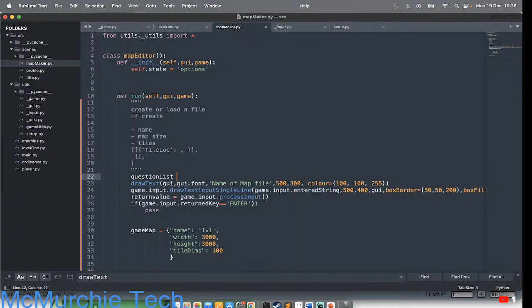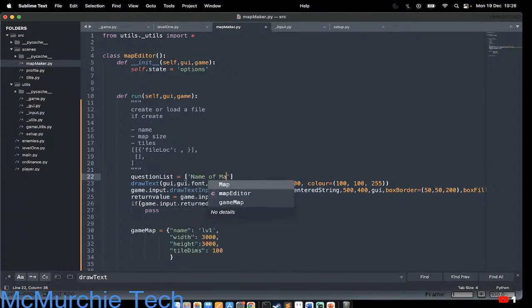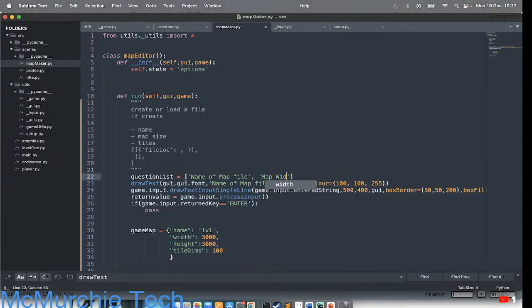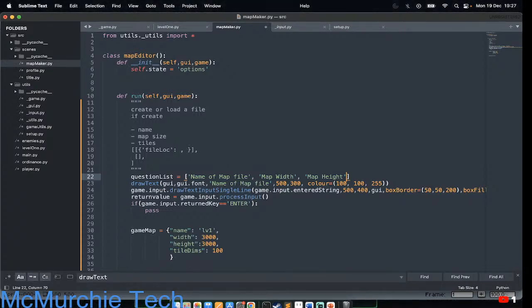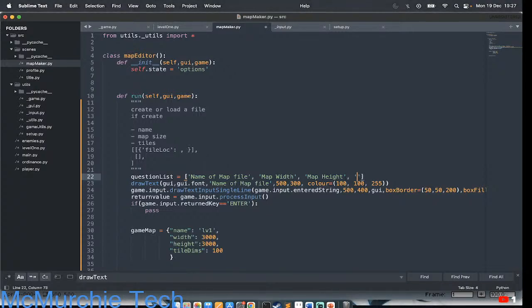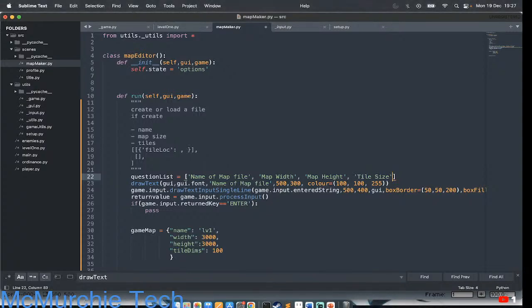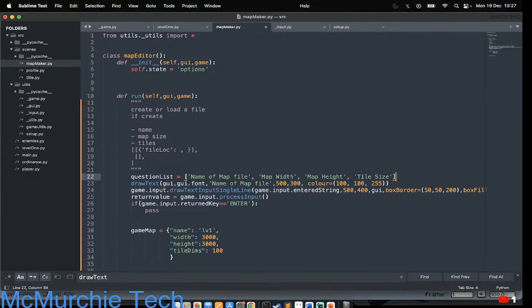So I guess question list: name of map file. The next one will be map size. I'll say map width, map height, and then probably just say tile size. It should really just be an optional choice, but for now I'm just going to keep it easy for me. And so what we're going to do is say